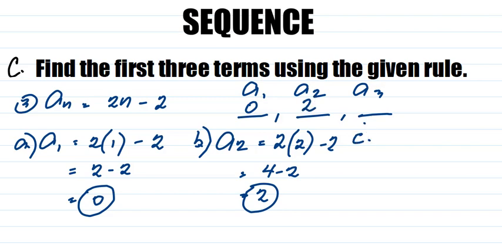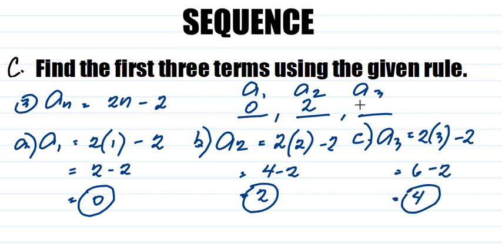Last term, letter C is a sub 3 equals to 2 times 3 minus 3. 2 times 3 is 6 minus 3. 6 minus 3 is 3. So, our third term is